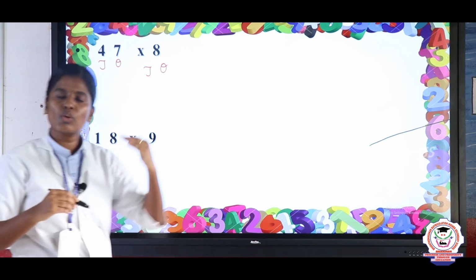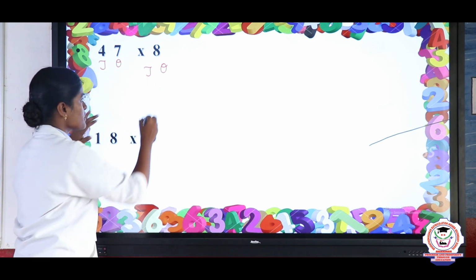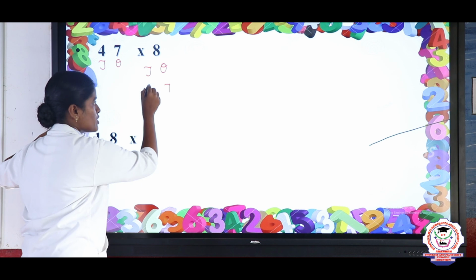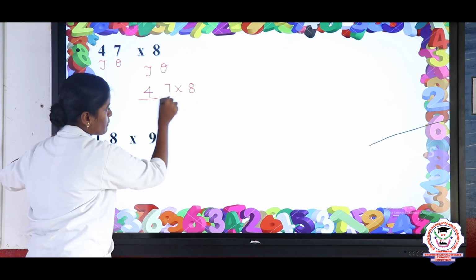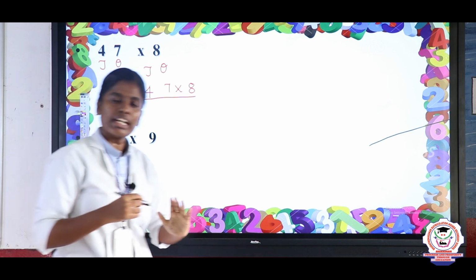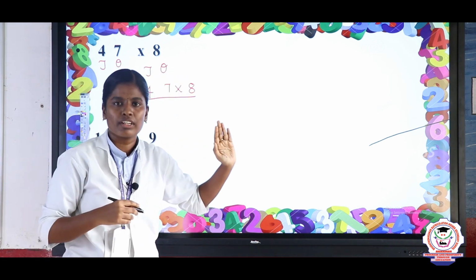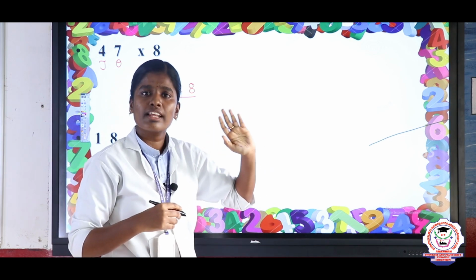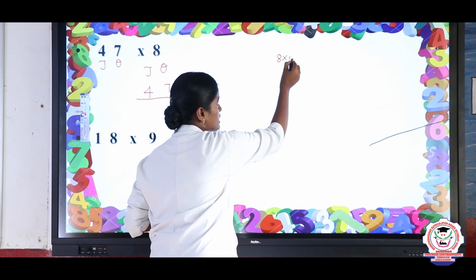So, tell me Nasreen, what is the ones place value here? Yeah, very good my dear. Here the ones place value is 7 and the 10's place value is 4. Next, you will take multiply by 8. So, now you listen, take 8 multiply by 7. So, start the table 8 zeros are onwards. What is the answer? 8 zeros are 0.